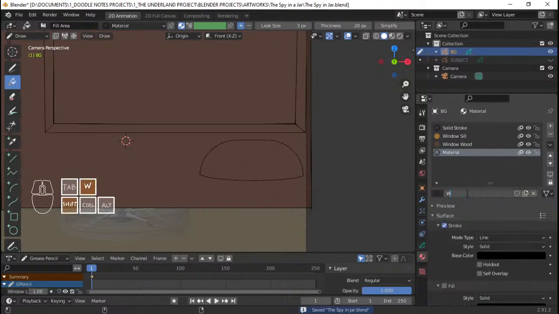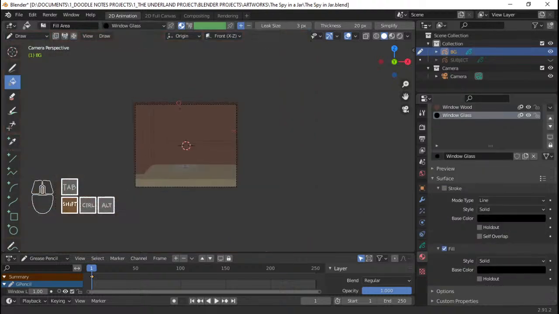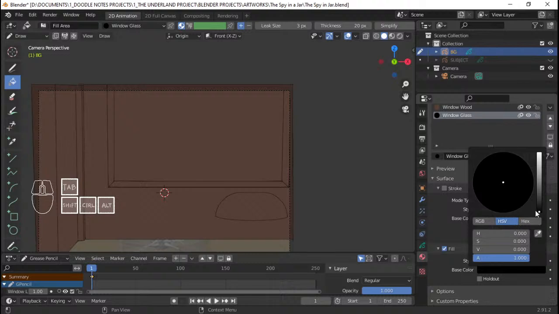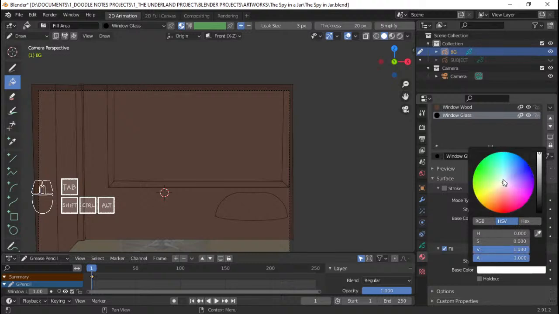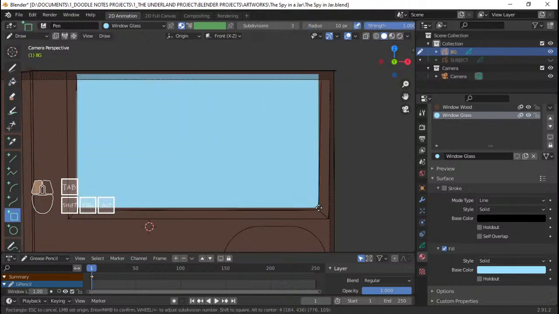And I'm gonna go window glass. Probably gonna use this window glass to mask. I'm gonna go window glass, bluish color. And I'm just going to try doing this with the glass.